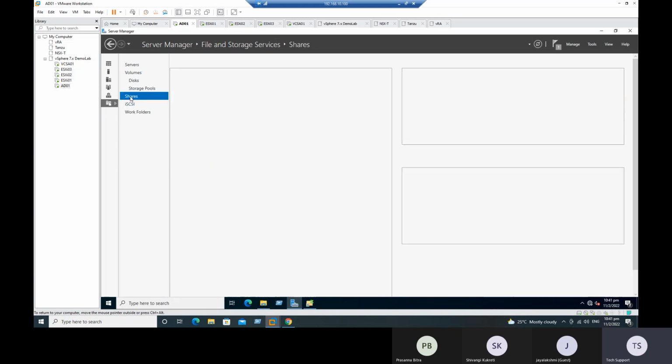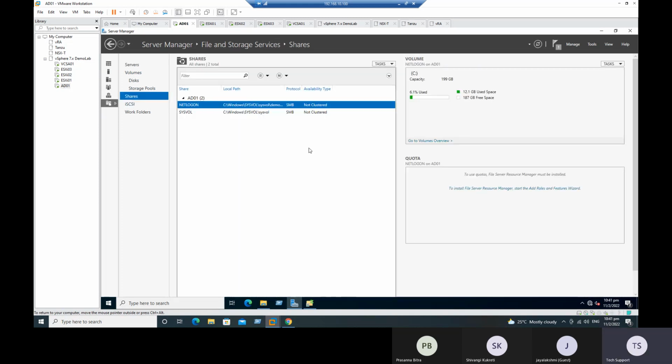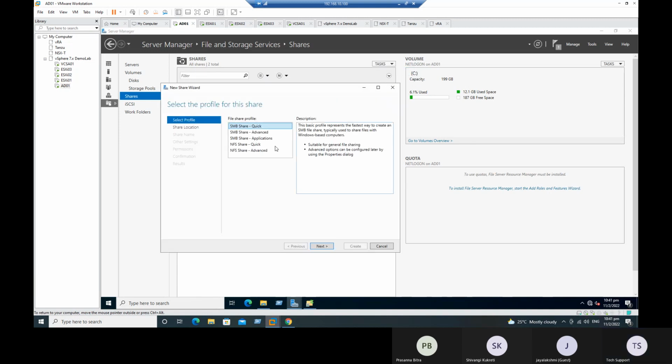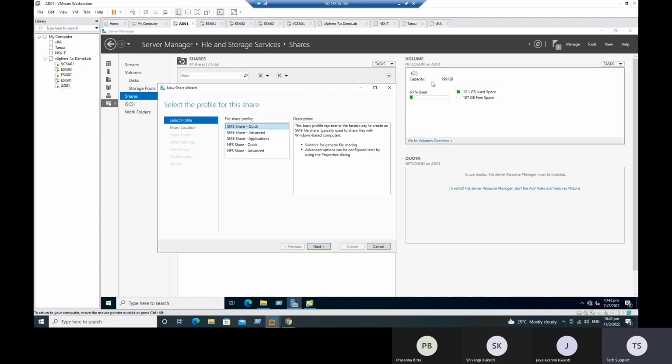So you can select the shares. Here also you can create the share. If you want to create a share here, just go to the task. There is an option to select new share. Okay, so select the new share, and when you're creating the share, on the right side, you can see our